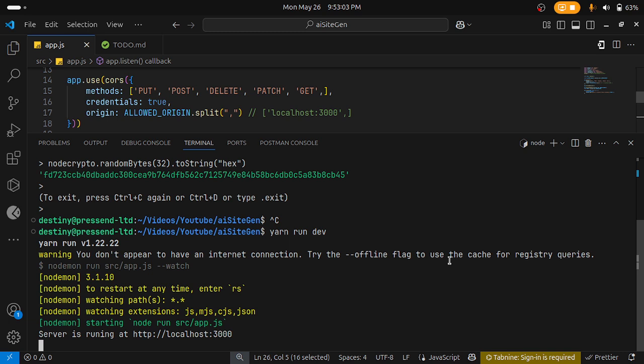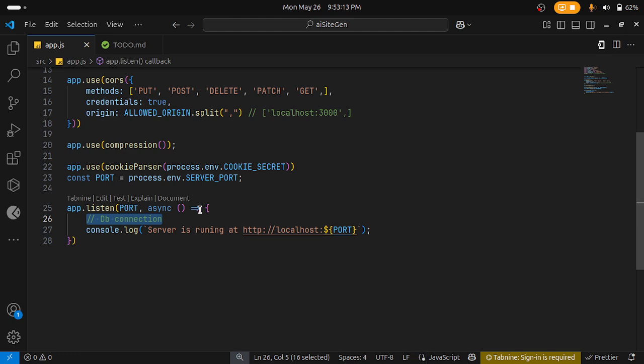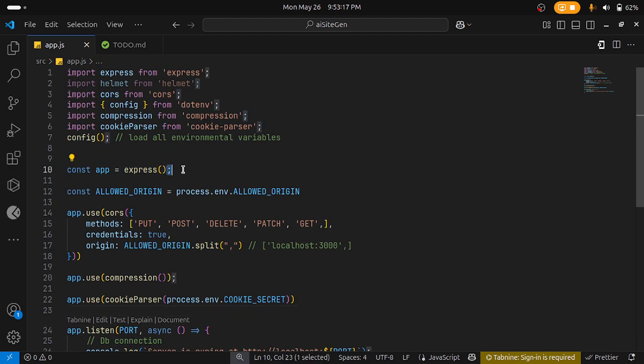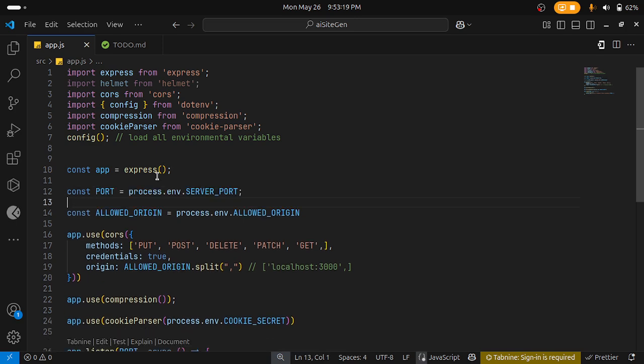So in this tutorial we will be talking about the database connection. We're going to be using Mongoose. But before then, let's do some cleanup because I found out there's some stuff I need to put up here. I need to push it up here and